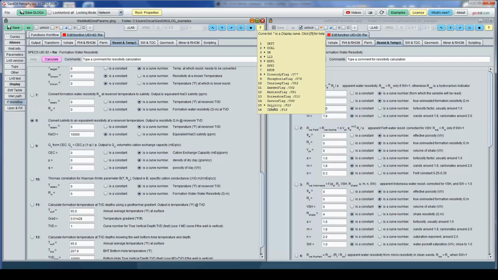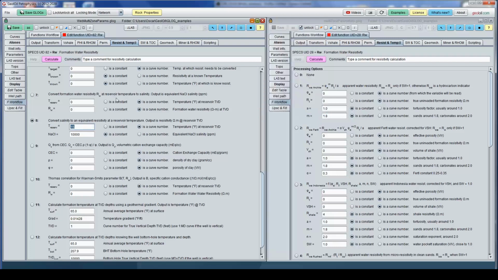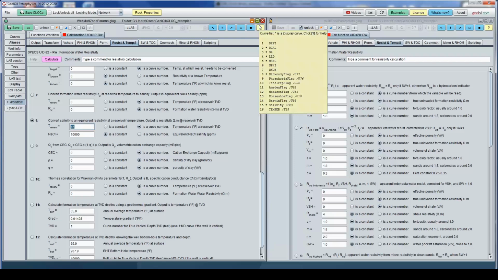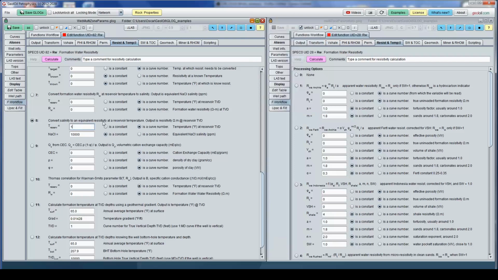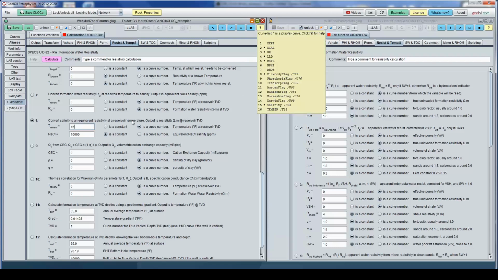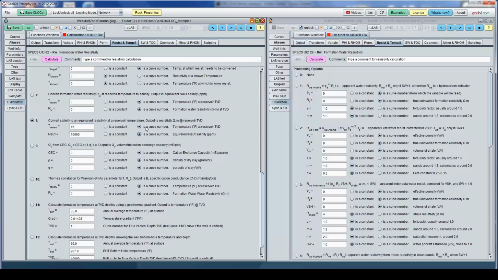Salinity is a curve, it's not a constant value. It's a stepwise parameter value. So we have to enter the temperature. Temperature is 16. And salinity is 15. It's not a constant, but it's a curve number 15. Okay, you hover on that, you will see temperature 16, and here salinity 15. That's it. Now, calculate that.